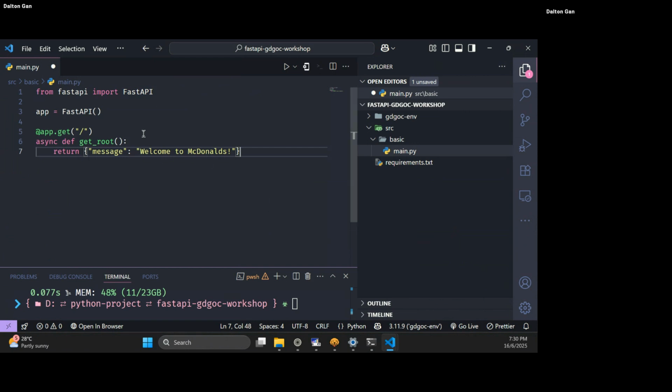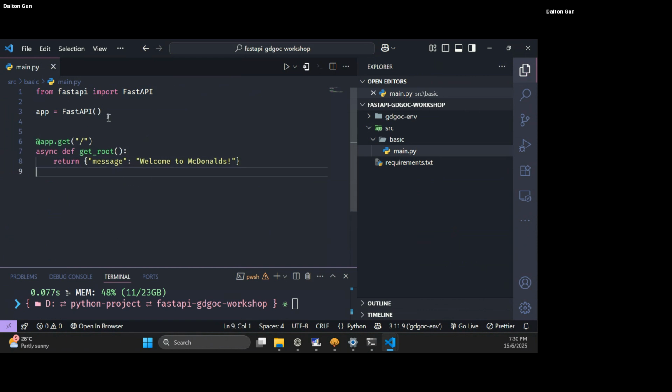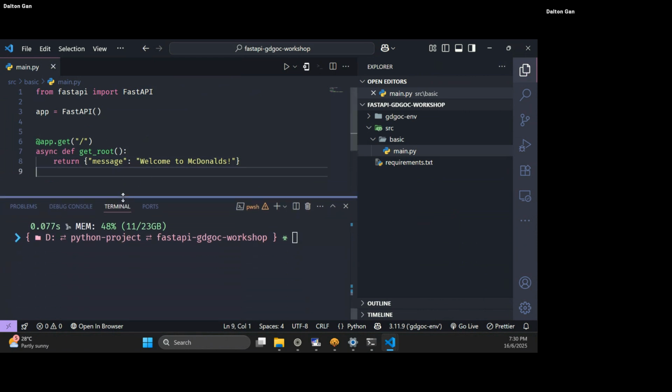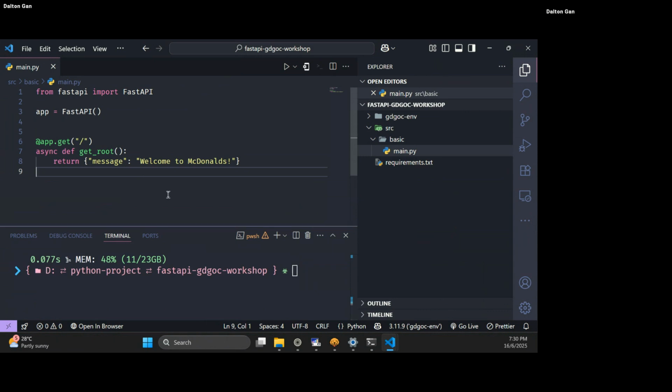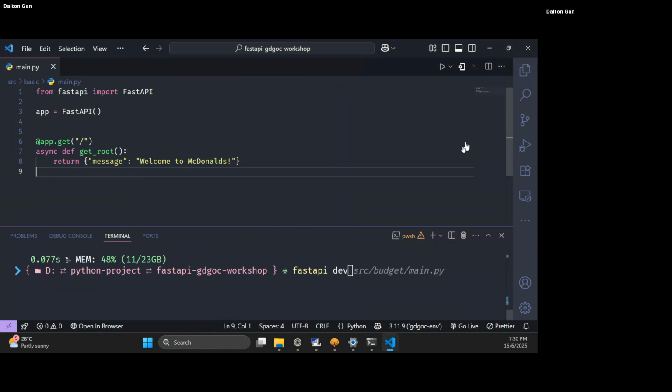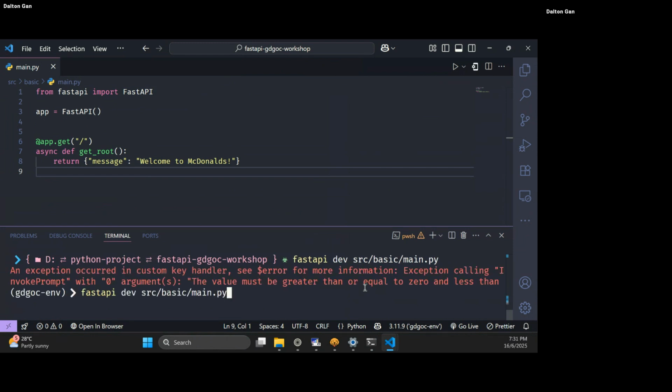Now that you guys have done this, you will be able to run this and test it out. I'll give you a moment to copy this first, so you can see the whole code here. In the bottom, in your terminal, simply type fastapi dev src/basic/main.py. Once you enter,